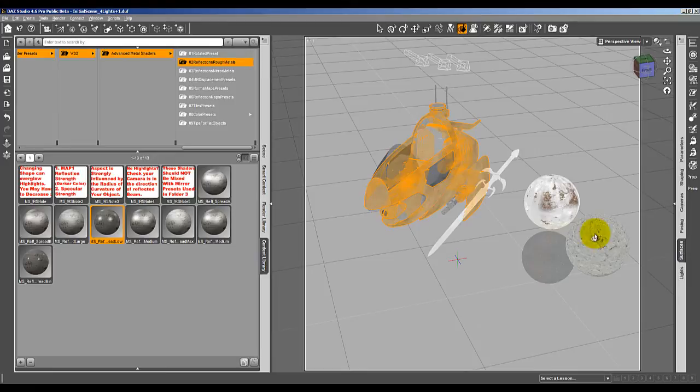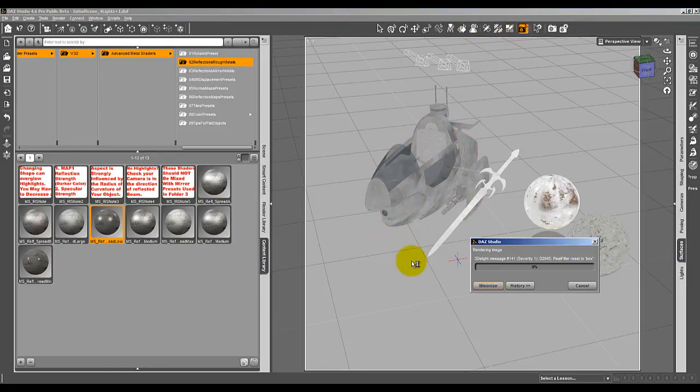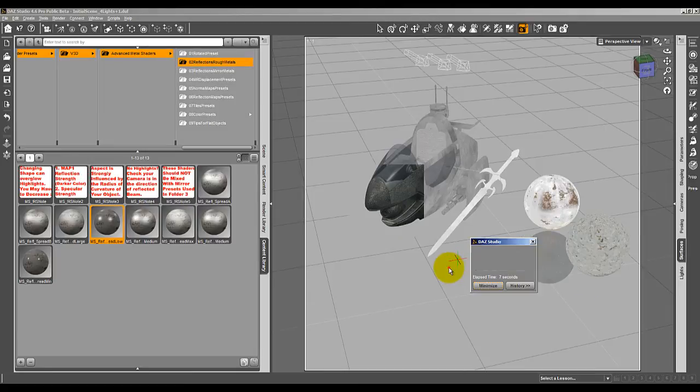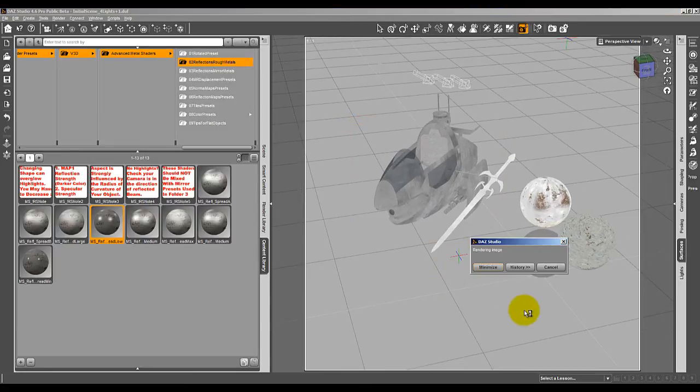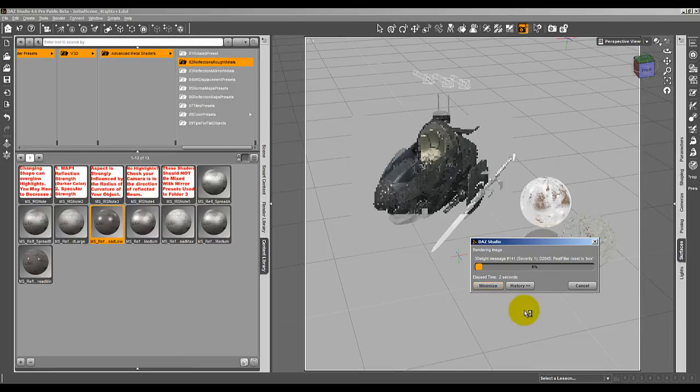It may be fun with the displacement map added to see, you know, these little shiny dots. Okay, so globally it looks like that,